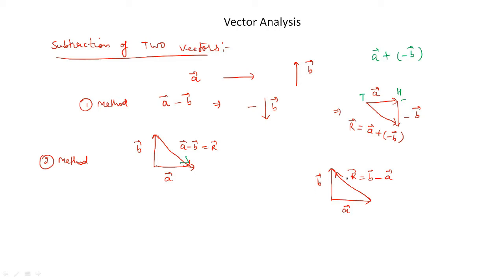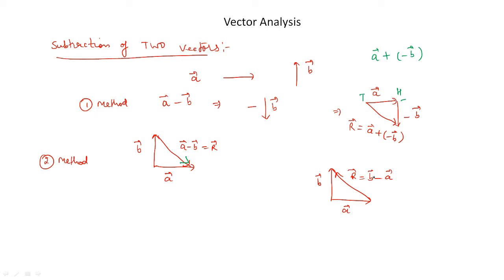Suppose I have to find the vector B minus vector A. Now this is your vector A, this is the tail of the vector A, and this is the head of the vector A. Now this is your vector B. So in subtraction you must understand that we will start vector B from the tail of the first vector, or you can say that we will match tail to tail here. So this is your vector B.